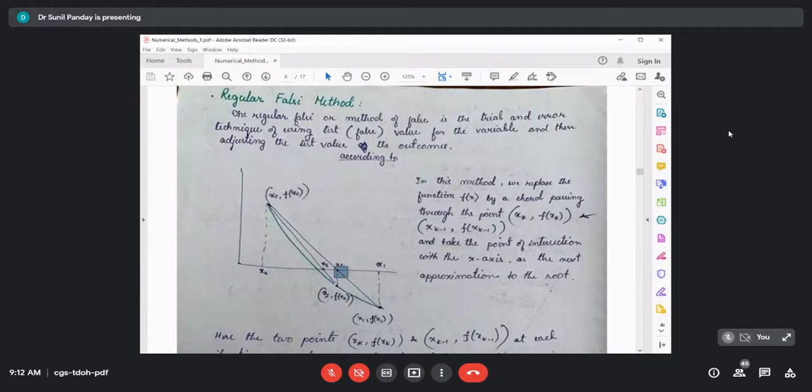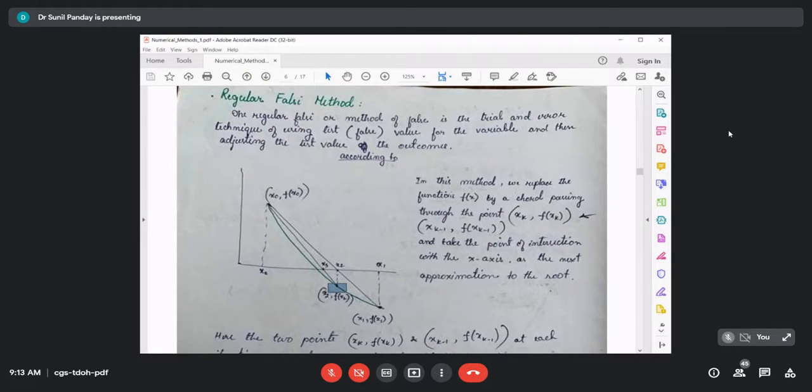but it's like a false assumption, because this is not a root, it's an approximation. Once we have this, again we check whether the product of f of x naught and f of x2 is less than 0. If it is less than 0, then we replace x1 by x2. If it is not, then we replace x naught by x2. In particular, in this figure, it looks like f of x naught and f of x2 are less than 0, so we replace x1 by x2 and then we apply our regula falsi method again. And like this we continue.